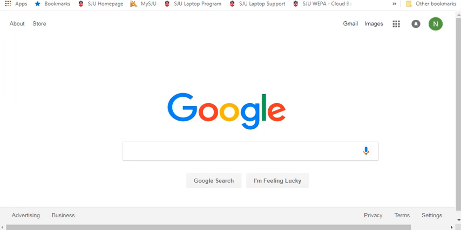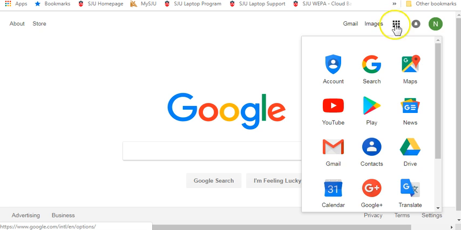Hello, this is a quick demonstration to show how you can create a Google form, which will then populate into a Google spreadsheet so that you can incorporate your Google spreadsheet information into a Google map. So you need to have a Google account, and if you click on the set of tiles there,